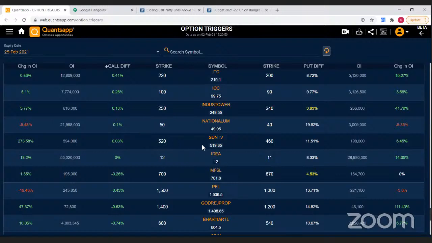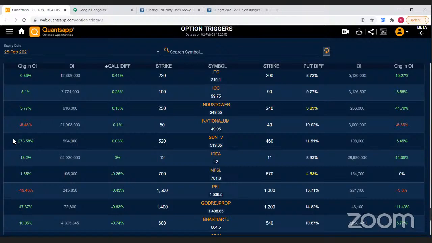तो अगर आप देखें सन टीवी का भी फ्यूचर भाव चल रहा है 519 रुपए 85 पैसा। लगभग ये 520 पे है, लगभग मैं कह सकता हूँ। और 520 पे जो स्ट्राइक है, 520 का जो सन टीवी का स्ट्राइक है, वो हाईएस्ट कॉल है। तो यहाँ पे जो स्ट्राइक्स हैं वो उसकी हाईएस्ट कॉल हाईएस्ट पुट हैं। मैंने क्या किया, मैंने कॉल से डेटा सॉर्ट किया, और मैंने देखा कि वो कौन से स्टॉक्स हैं जो अभी हाईएस्ट कॉल हाईएस्ट पुट पे हैं। तो जो ये ग्रीन कलर्स हैं वो बताते हैं कि अगर आपका डिफरेंस ऑफ फ्यूचर प्राइस और हाईएस्ट कॉल 0 से 2% के बीच में, तो वो डिफरेंस ग्रीन में। तो मैं देखूं सन टीवी 519, ऑलमोस्ट 520 पे है, और 520 पे ही हाईएस्ट कॉल है।